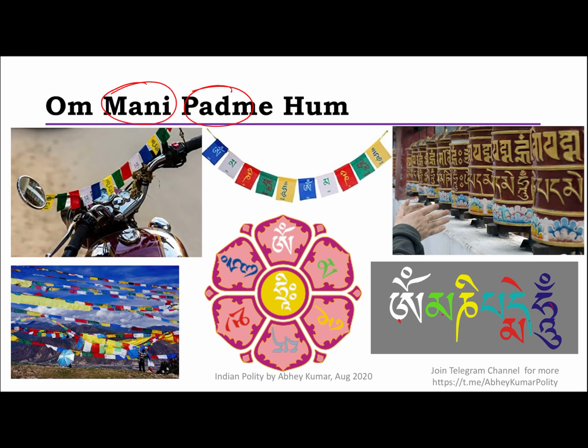Let's see if you can understand. He says, by the practice of a path which is an indivisible union of method and wisdom, you can transform your impure body, speech and mind into the pure exalted body, speech and mind of a Buddha. It's the path to become Buddha in your life.